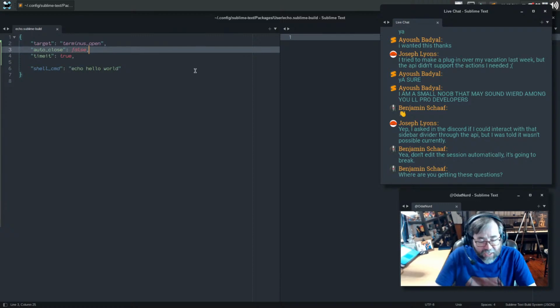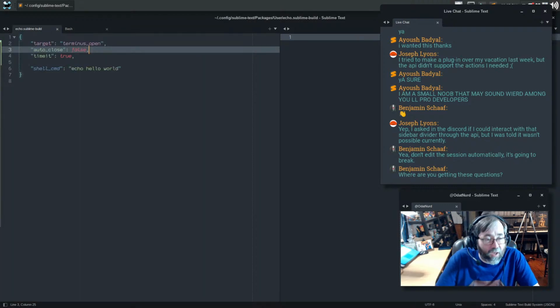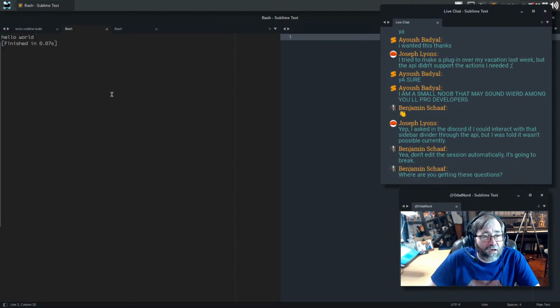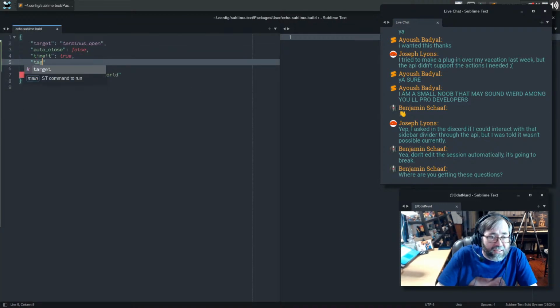The question that the person had was something along the lines of, I wanted to do this, but every time I do it, and I don't have that key binding in here, do I? It's just creating a new tab every time, which can be a little bit irritating if you have a bunch of these things. And the answer to that question is to add a tag to this thing.